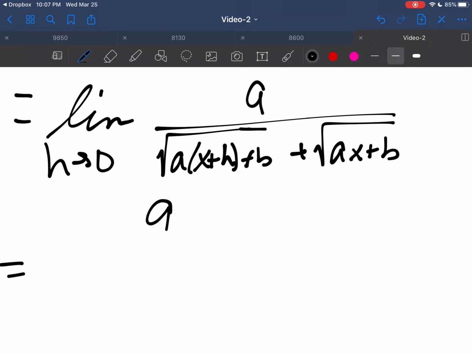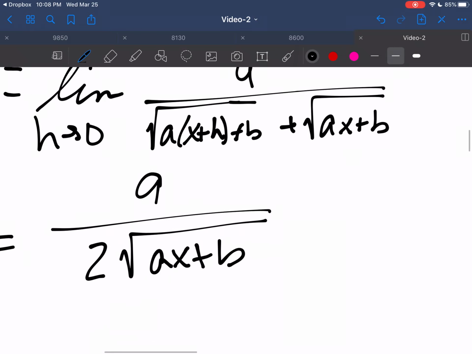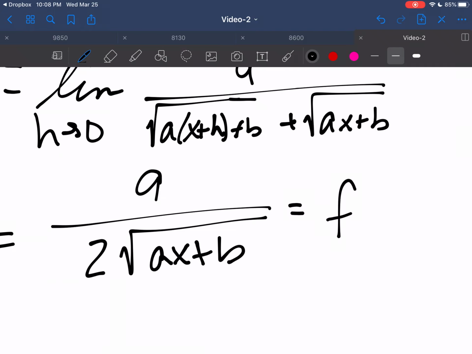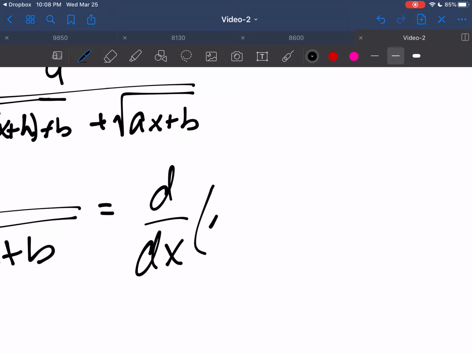So we are left with a over 2 times the square root of ax plus b. Okay, and that is our derivative